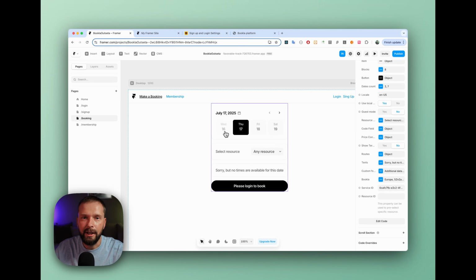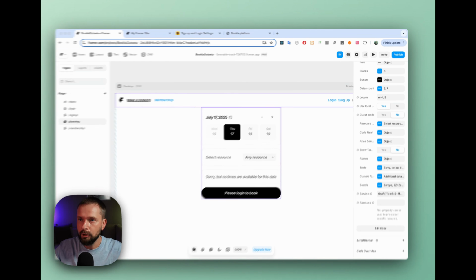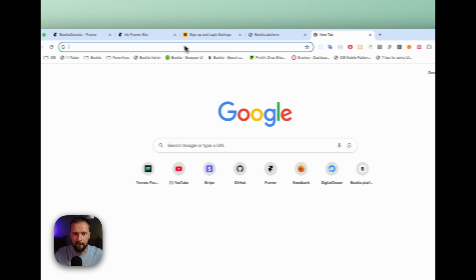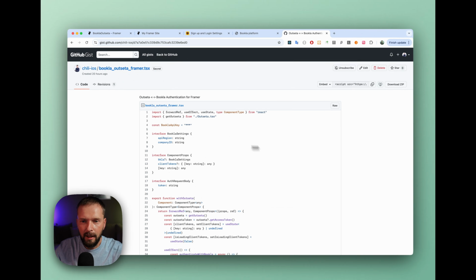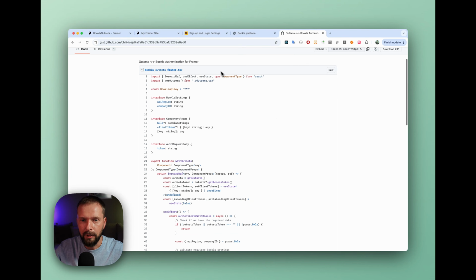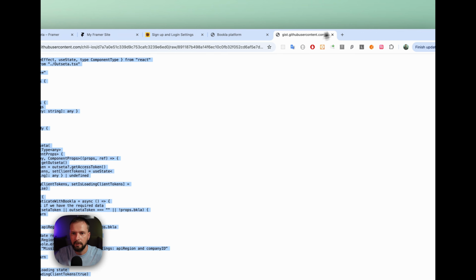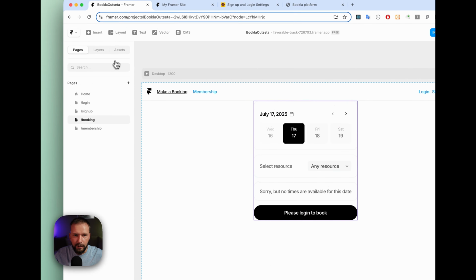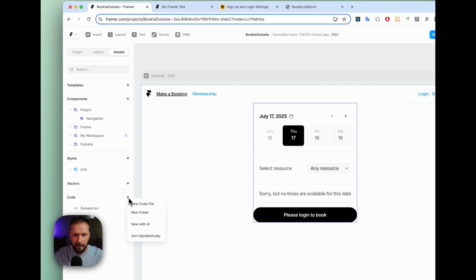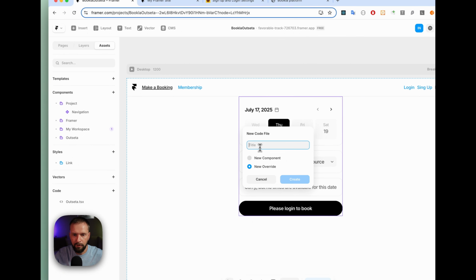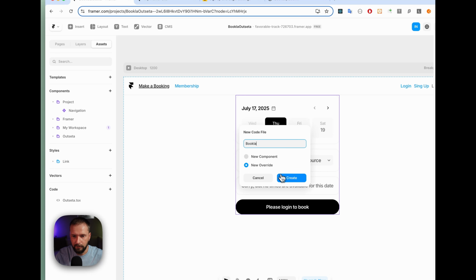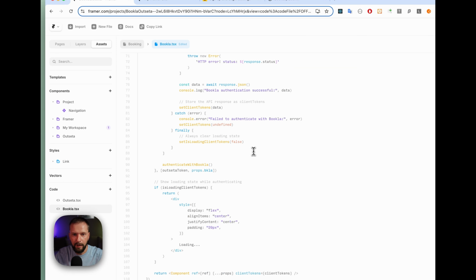So I already created a code gist that I will share in the description of this video, that you can just copy and paste into a code override and then just change the API key. So I will show you the code. I have the URL here, just copy this code, close it, and now we need to go to the assets, click plus, new code file, code override, and you can call it Bookla, for example. Click create and paste the